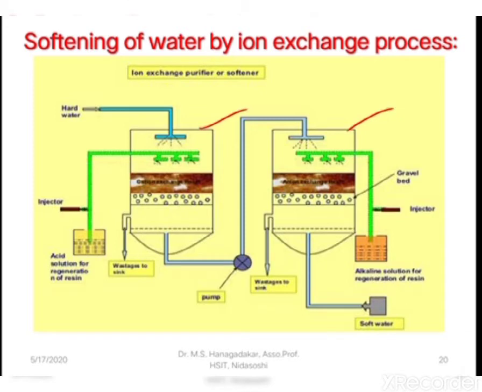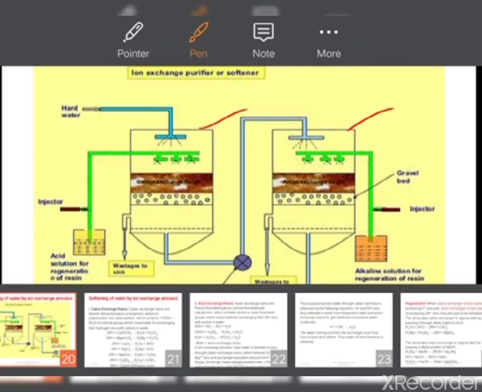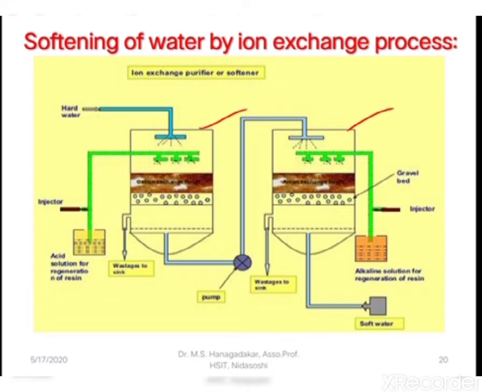The first compartment contains the cation exchange resin, whereas the second compartment contains the anion exchange resin. In the first compartment, the middle portion is filled with cation exchange resins supported by gravel,